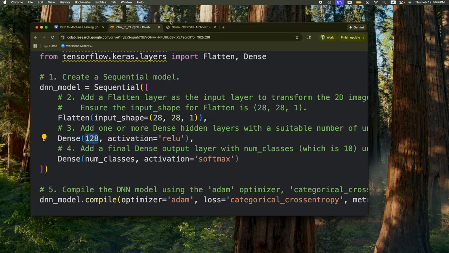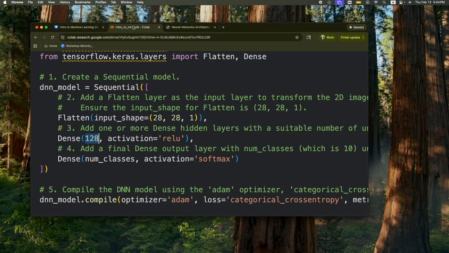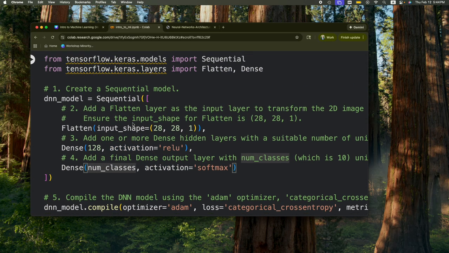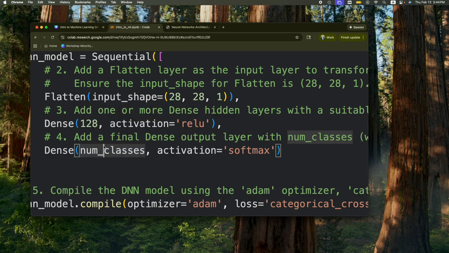That means there's 128 of these in the model, and each of them is performing a linear task. Finally, we apply a ReLU activation function, which makes it non-linear. And then we're predicting 10 classes, 0 to 10.